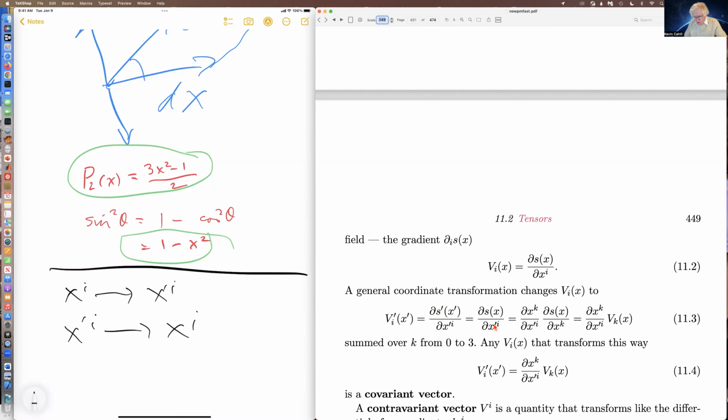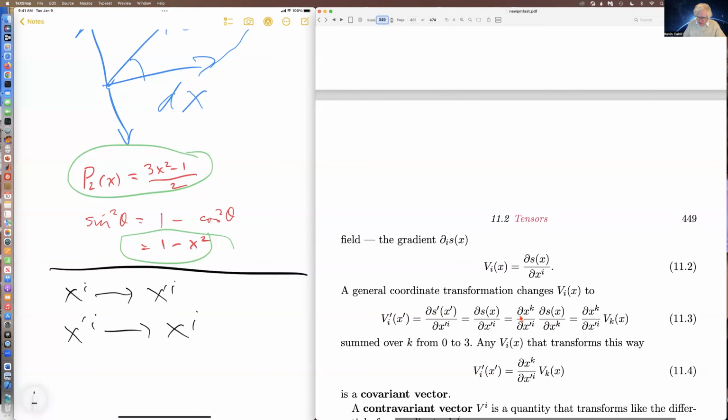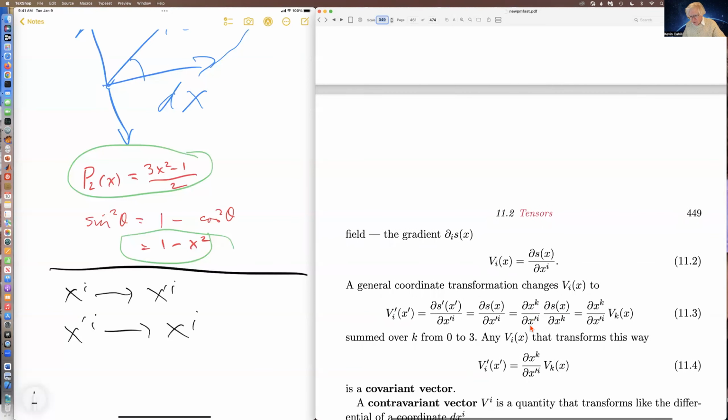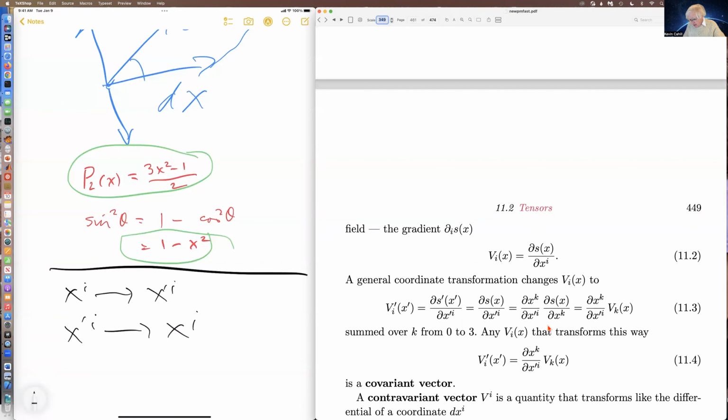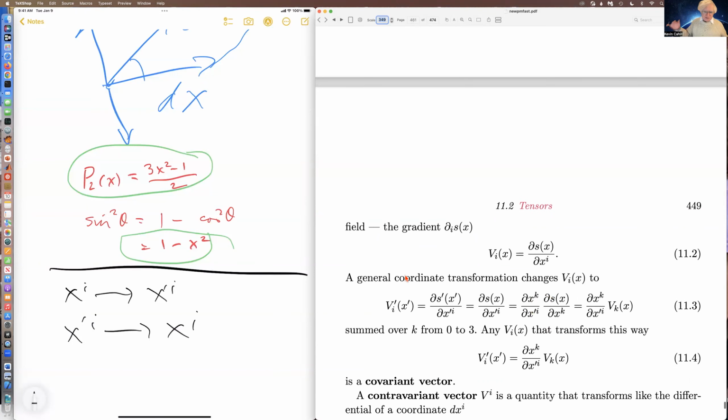And now the derivative with respect to x prime, well, the chain rule tells us that the partial of s with respect to x prime i is the partial of s with respect to xk times the partial of xk with respect to x prime i. And then you sum over k from 0 to 3,